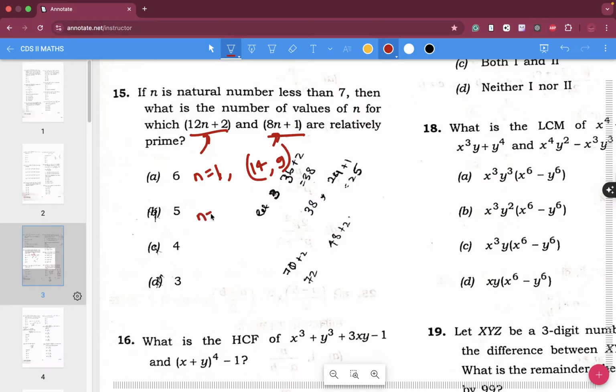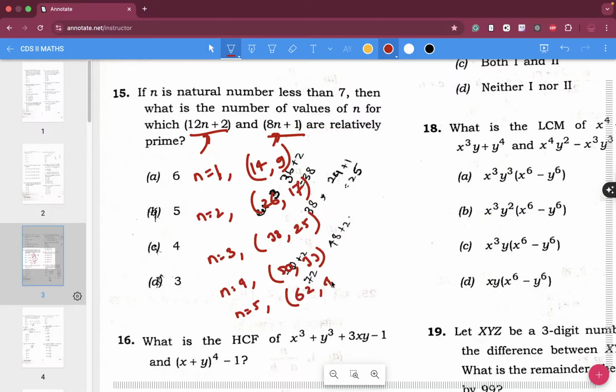If n is equal to 2, 26 and then 17. If n is equal to 3 we will have 38 and 25. If n is equal to 4 we will have 50 and 33. If n is equal to 5 we will have 62 and 41. If n is equal to 6,